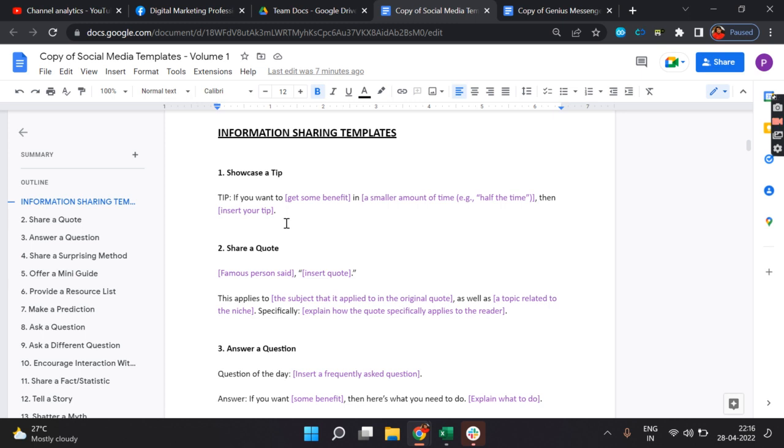What you could write here, obviously, is for digital marketers or digital agencies. What digital agencies need is getting appointments or leads. So if you are able to get their appointments in half the time, what would be the tip for them? We could insert a tip saying that if you want to